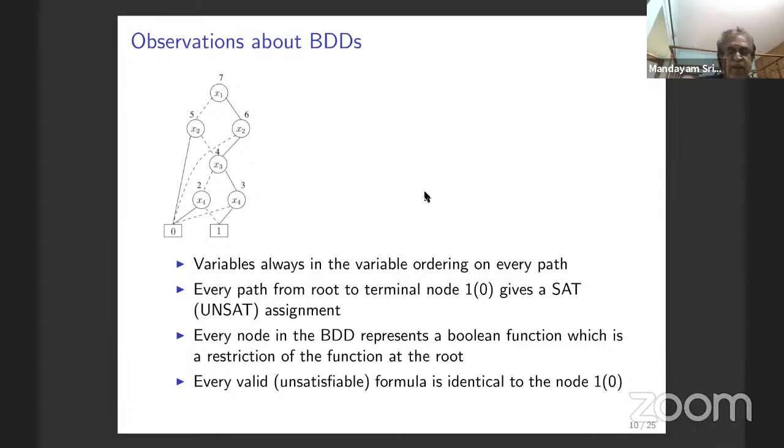Okay, and that's the thing. I think I have a slide, maybe not this one, and I can show. The size of the BDD, for the same function, can be severely impacted by the variable ordering that you choose. So the size is very sensitive to the variable ordering. For the same Boolean function, depending upon the order that you use, you can get a very compact